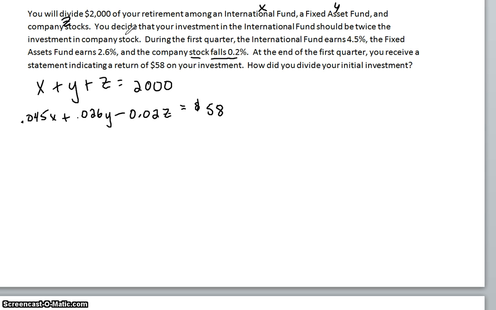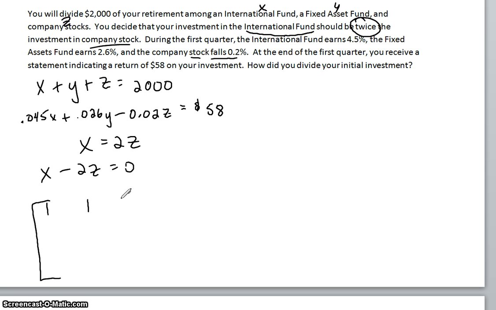Now, the other information here is that your investment in the international fund, X, is going to be twice the company stock. So your X is going to be twice as much as you have in the company stock. I'm going to change this to X minus 2Z equals 0. And I'm going to put this in an augmented matrix. So my augmented matrix,